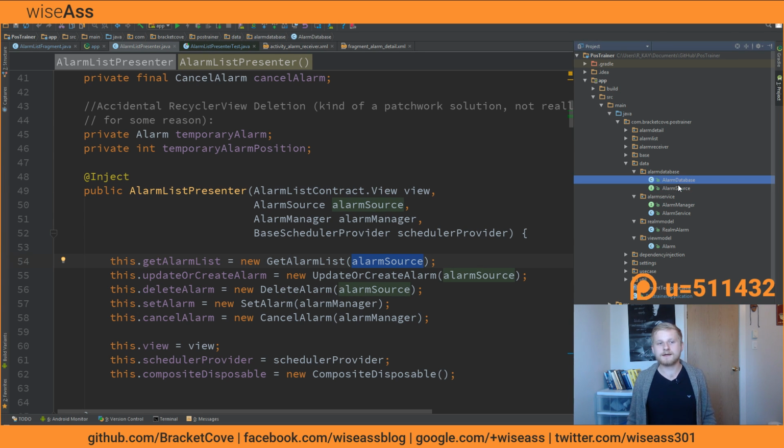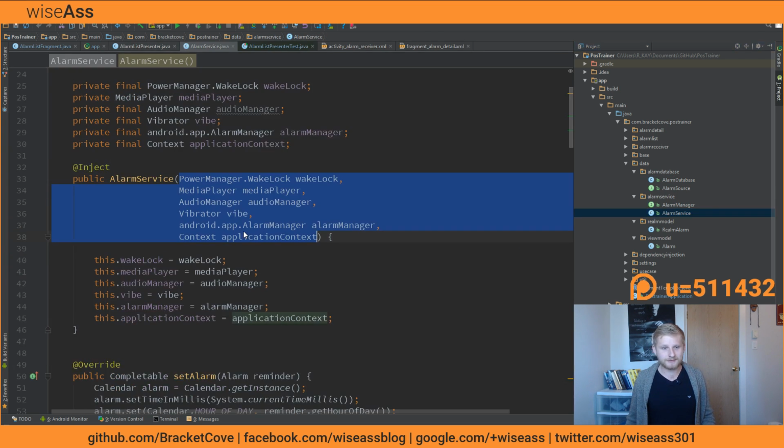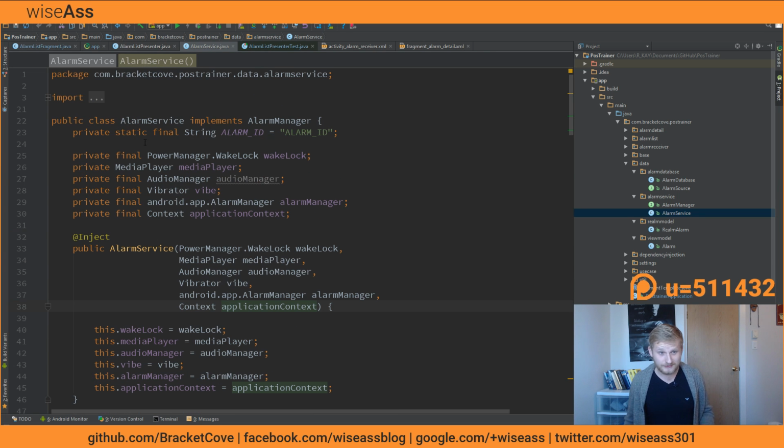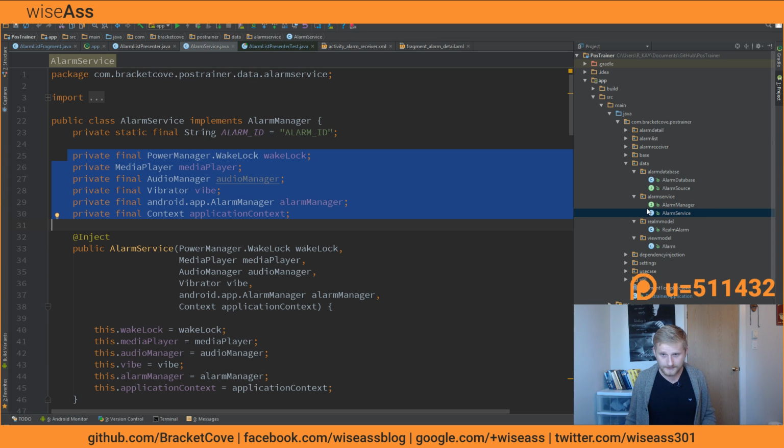And then I'll call, for example, alarm database. If I had a local and remote database, I might call it local database. I really get as specific as I feel I need to be. In the case of this thing, we've got alarm manager, which is an interface for this alarm service object. And alarm service just talks to a whole bunch of different services, which is why I called it that. In general, I'll give the interface a more general abstract name. I won't even specify whether it's a database, for example.